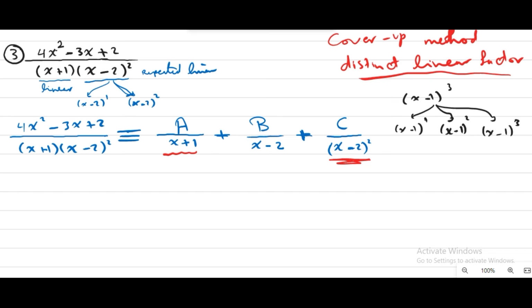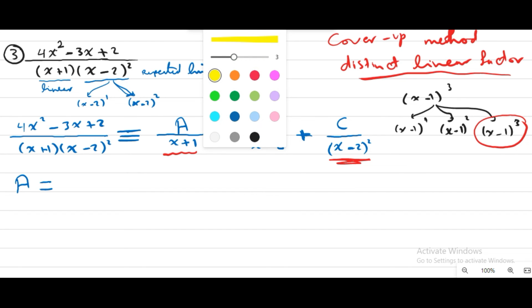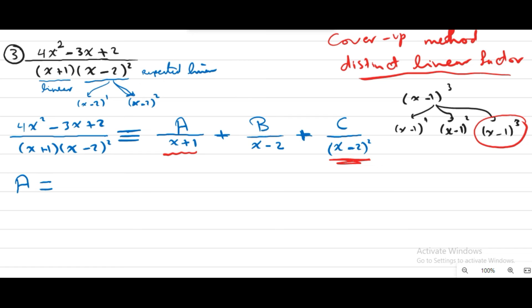Which one can we use the cover-up method with? We can use the cover-up method with the bigger one, which is x minus 1 all to the power of 3. So here, to find letter A, we can use the cover-up method. So we can say A equals, and as we did before, cover its denominator from this expression